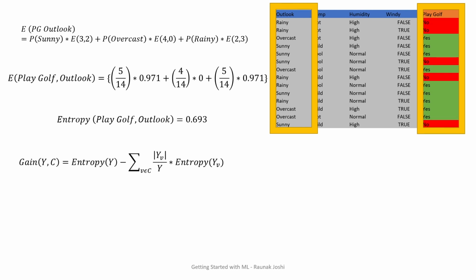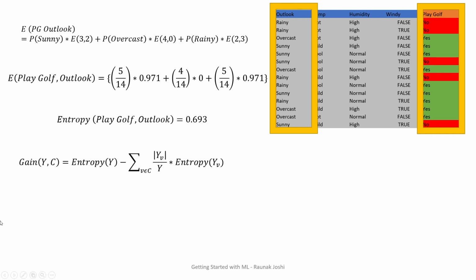Now, gain. The formula seems quite overwhelming, so let me simplify it for you. Right before that, let me explain all the symbols here. In the gain, Y is your target class, and C is the attribute column that you want to compare it with. Then, the entropy of Y, that is the entropy of my target class, minus the summation over v belonging to C. This small v is basically a tuple, or a value, in my column.